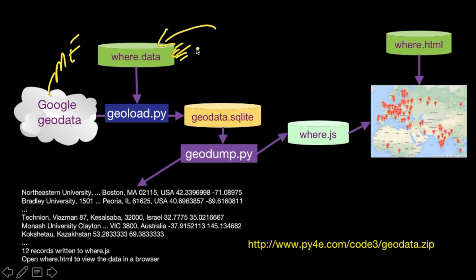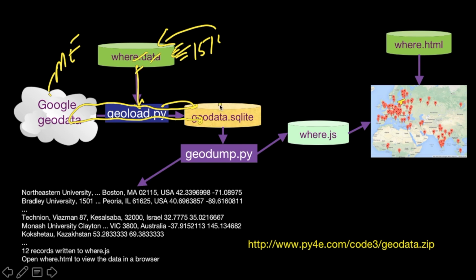And in my case, when I built this map for the first time, there was like 15,000. And it took me days to get this. And so it would stop. And so what I would do is I would read the first one into this geoload.py, check to see if I already had it in my database. If I didn't already have it, I would go into the API, I'd pull the data down, and I would put it in the database. And then I would go to the next one, the next one, the next one.